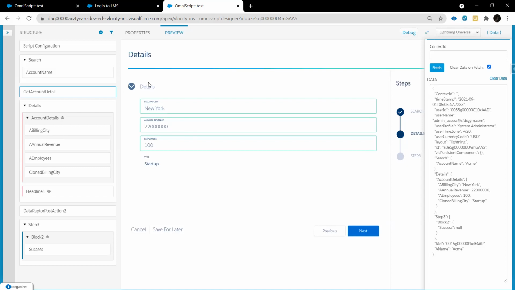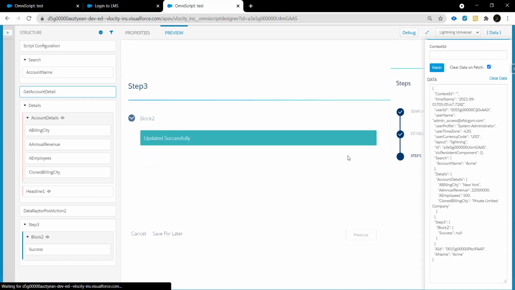After entering the name, it will make a server call and show us all the values like the billing city, annual total revenue, and the total number of employees. We have also created this formula field, like if the number of employees is greater than 100, it will change to private limited. If it is less than 100, then it will show the account type as a startup. All right. So as of now, I made it 500, and when I do the next,